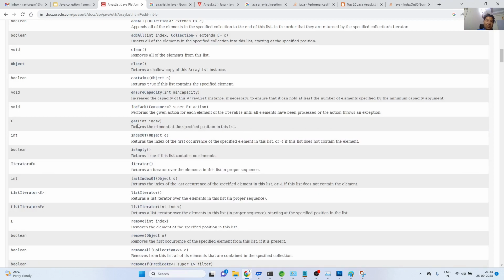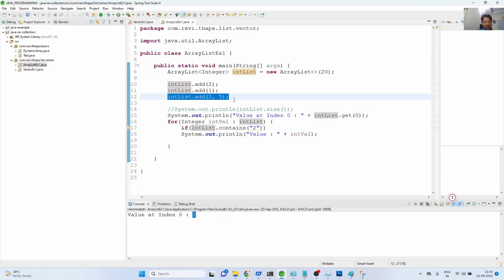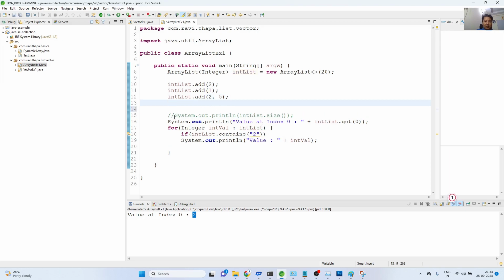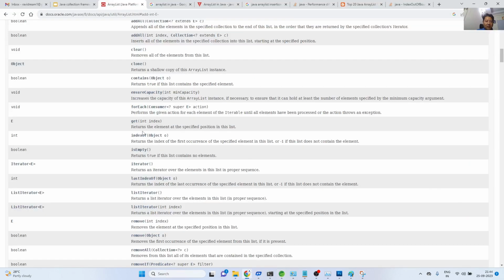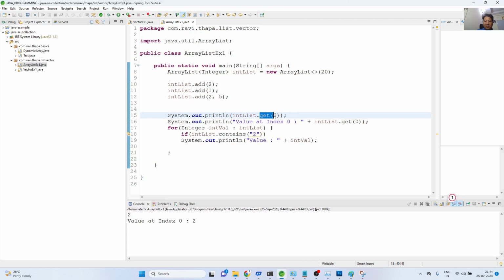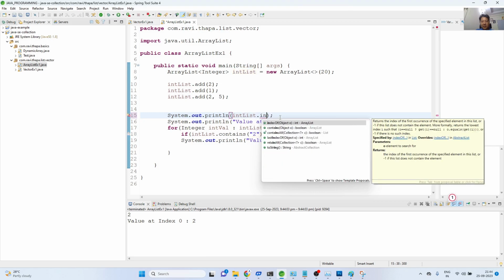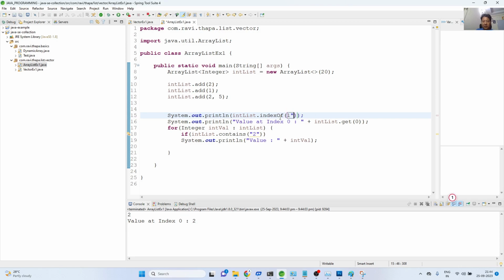You could use the for each for iteration. You could get the value from a particular index. So let's say I will use the existing one, and say get 0. It should give 2 as the value response. Index of, you could return the index of a particular value as well. So I will say dot get, not index of, let's say 1. It will give you the index of that value. So it is -1,